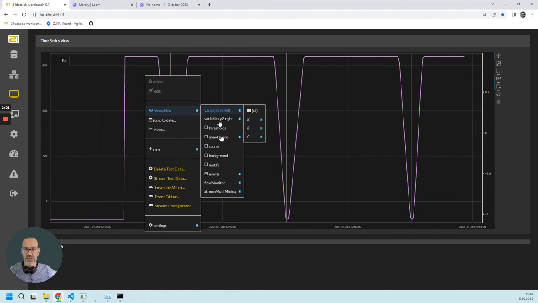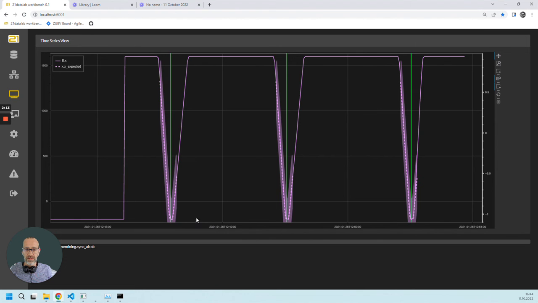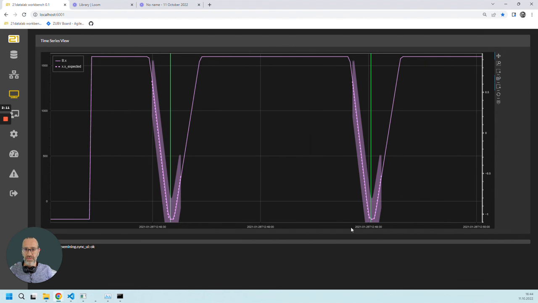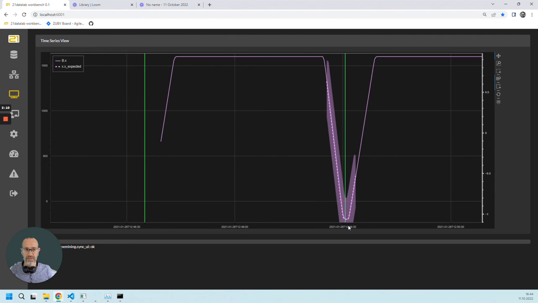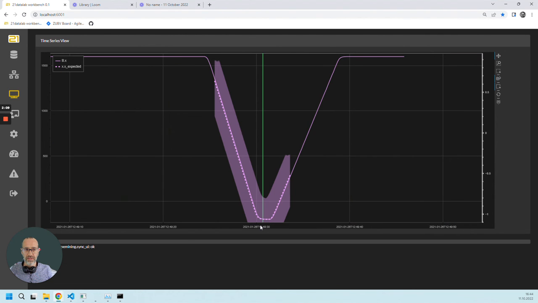We can also visualize this a little bit better by looking at these bands. And then we see, okay, it has found it here and there and also there. Yeah, that's the demo, how to use the envelope miner for finding